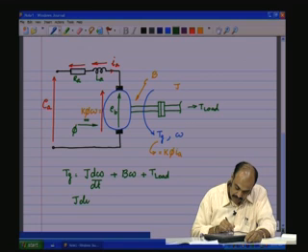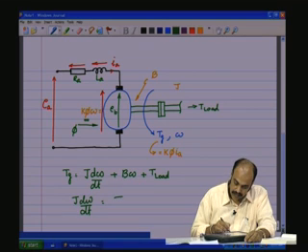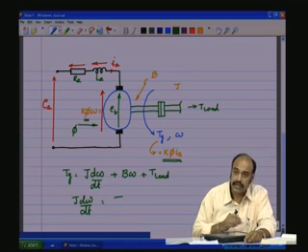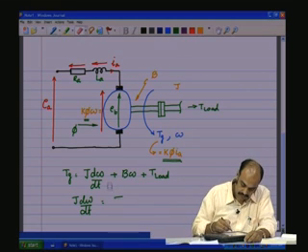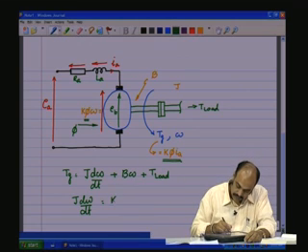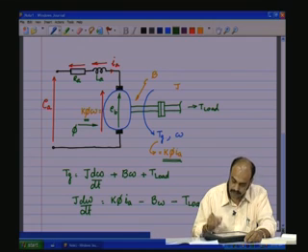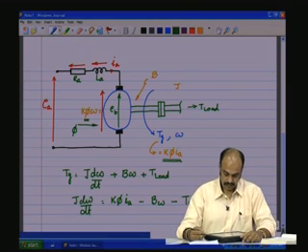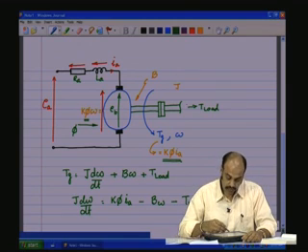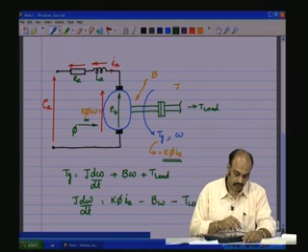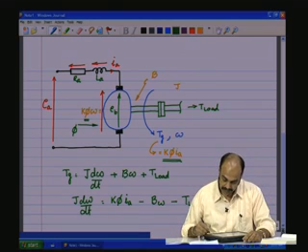So J d omega by dt will be equal to Tg. Now, Tg can be expressed as K phi IA in terms of the state variables, K phi IA minus B omega minus T load. So as a mechanical input to the system there is T load, and as electrical input to the system we have EA. So combining these two, we have